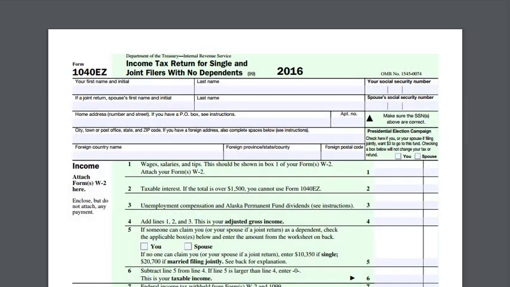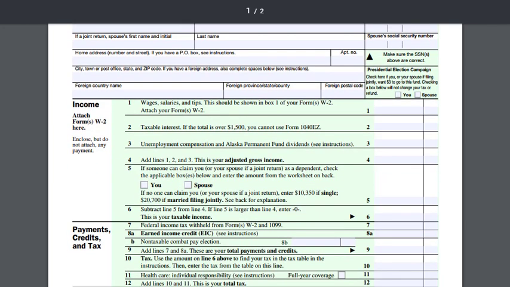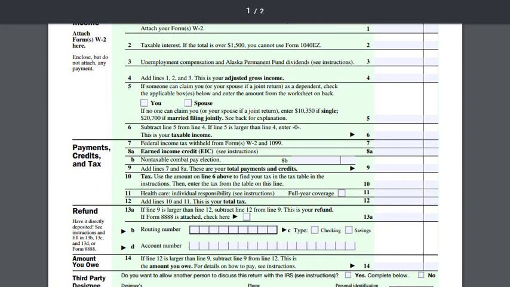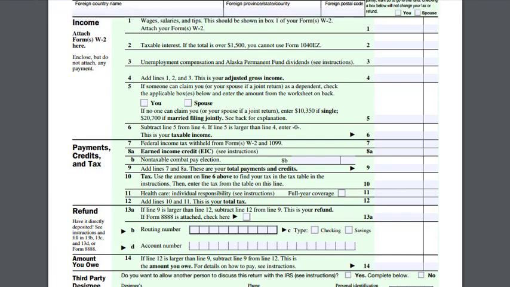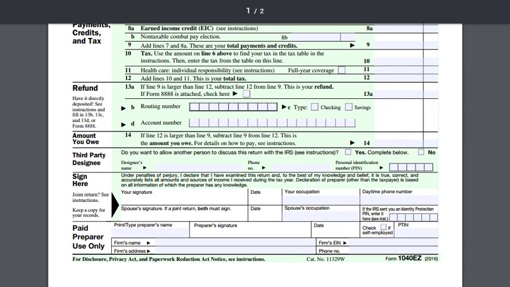As you can see here, this is the 1040EZ. And as you'll notice, the tax return is a little bit easier to fill out. There is just very basic information about income, types of payments that you've made for withholding on a W-2, or your quarterly estimates for a 1099, as well as credits that you are able to take. We then go down a little bit further and you can see the refund that would be owed to you or the amount of tax that you owe. And then you sign and you send it into the IRS. That's it. It's a one-page